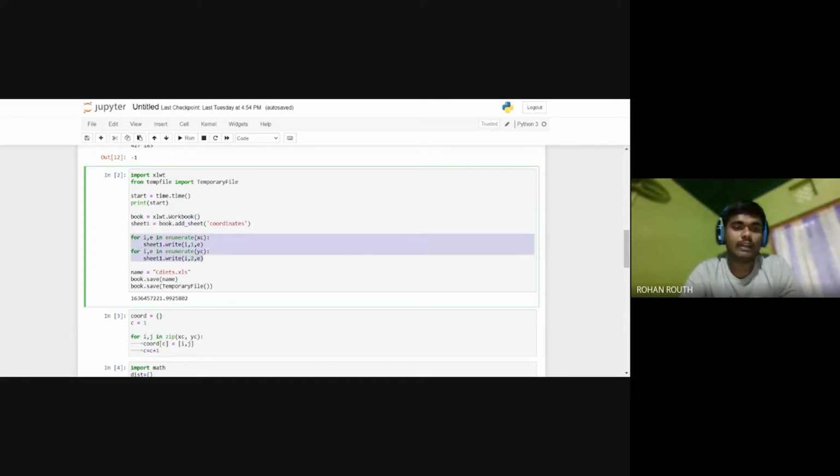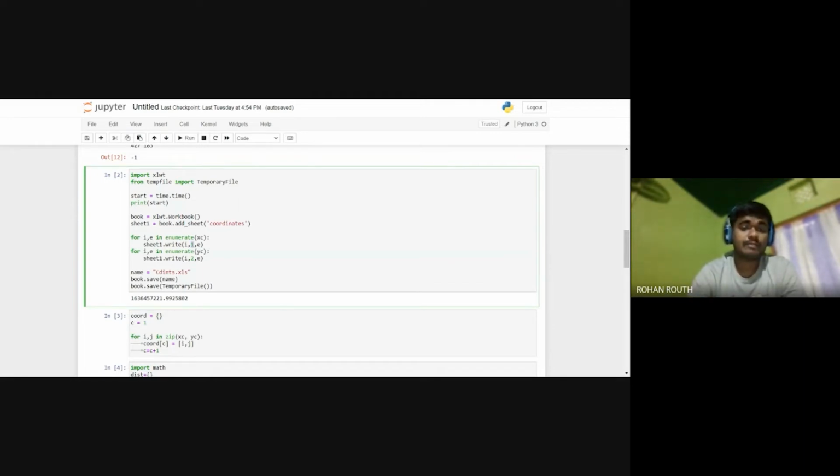And these two lines are basically for writing all the coordinates in the cells. This is a for loop, actually. What it does is, the one is actually the name of the column. So the column is B1. From B1, column-wise, it just prints and stores all the x coordinates in